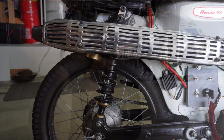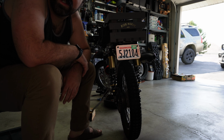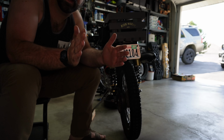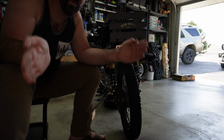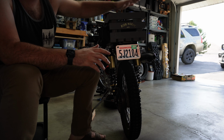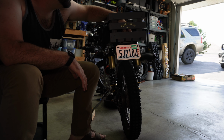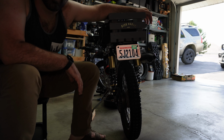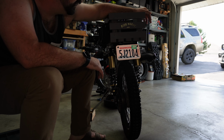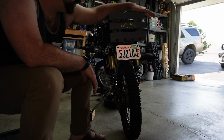Actually, let's go behind the bike. Underneath here is an original rack off of the 67. A lot of the CT90s had a really wide rack, but the 67 had a narrower one underneath that the wider one bolted to, and that narrow one's pretty cool. So I kept that. There's just some fender washers and bolts kind of going from the underside of that rack up through to my little Walmart special milk crate. Bought a long one, cut it down in size, reassembled it, and it holds a good amount of things pretty